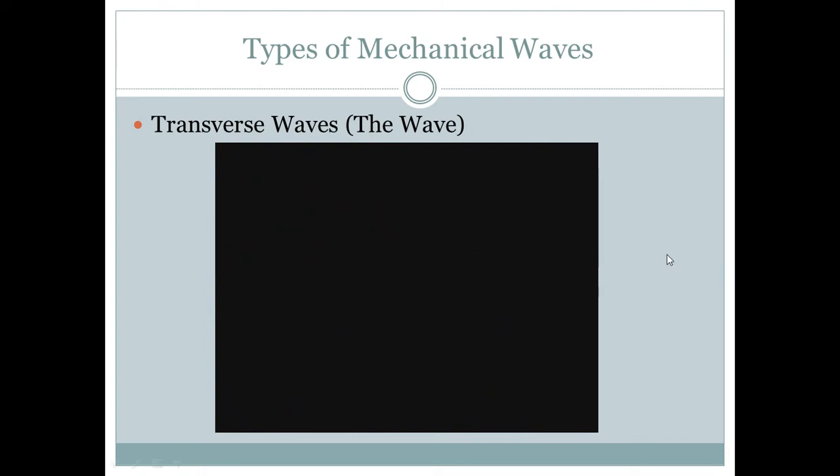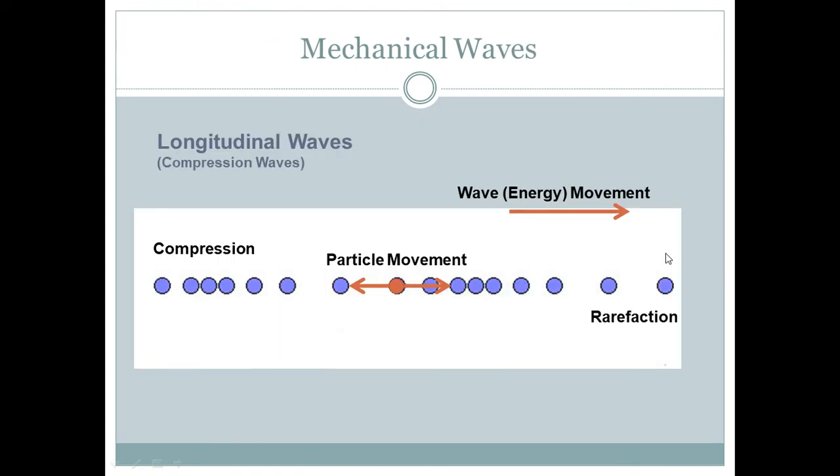Fourteen years. Okay, so anyways, longitudinal waves. These particles move, they're compression waves, so you can add that into your little note there. The wave energy still moves, but these particles just jiggle back and forth. There are areas where the particles are compressed together, and there are areas where the waves are rarefied, where there's lots of space between them. That area is called rarefaction. You must know the word rarefaction.